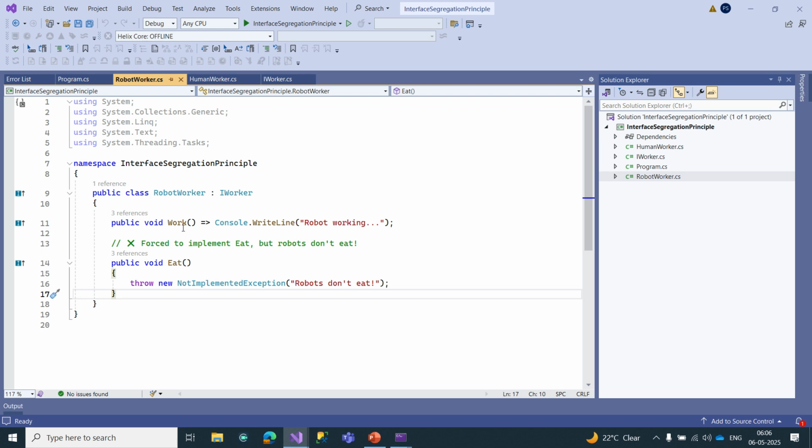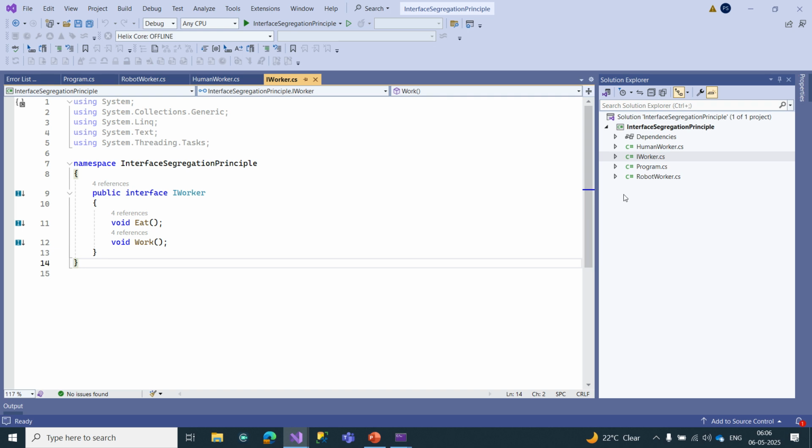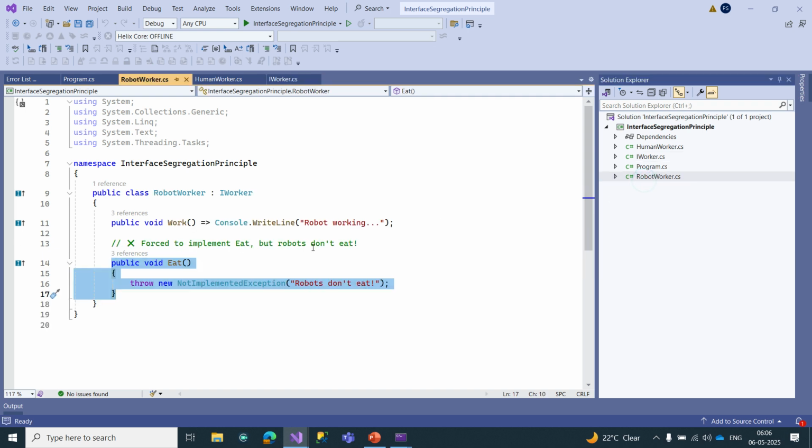But see what disaster it is making, because robots don't eat. But since we have implemented the IWorker interface here and it is declaring both the methods, I need to implement this in the RobotWorker class as well. But robots don't eat. We are forcing this method over here unnecessarily.